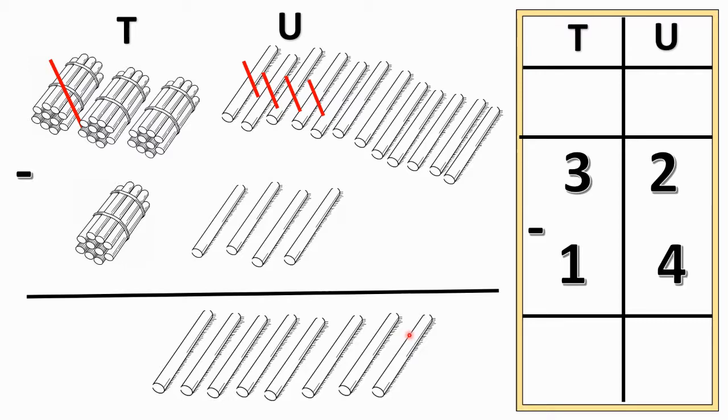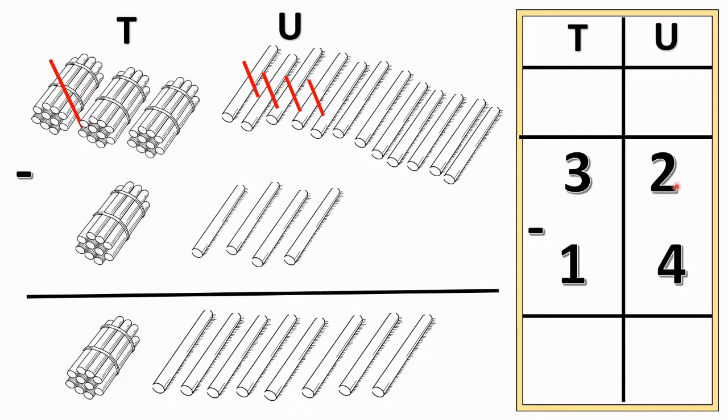Now, tens place. Here, 2 bundles of 10 sticks. Then we take away 1 bundle. So, 1 taken away from 2, then which answer comes here? We get 1. Yes. So now we will see with the help of sums.